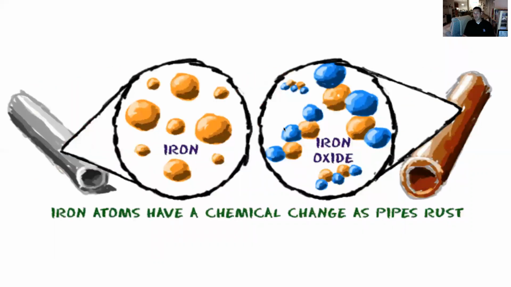All right. We can use pictures of atoms to explain this chemical reaction, right? Iron rusting, forming that iron oxide. We know that the iron pipe looks different. Well, it's because it looks different at that atomic level. So that's why we want to be thinking in this atomic level space.